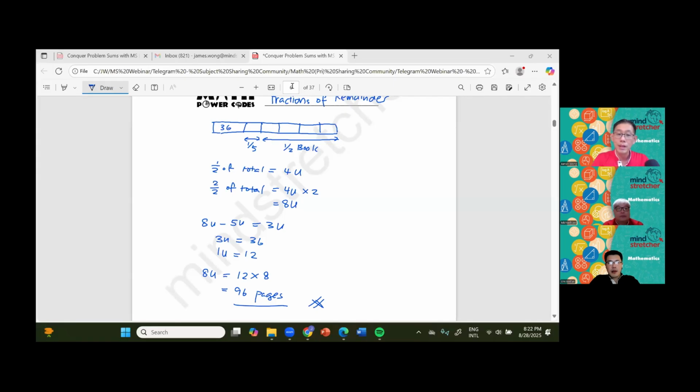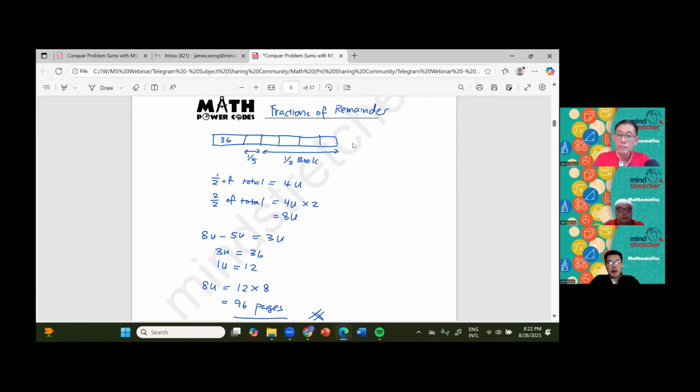All right. Now, someone asked me about how do you get a 5U. Over here, you can take a look at this part here. You can see on my sketch here, after the person has read 36 books, now this is the total, right? What I draw here, this bar here, represents the total number of pages in the book. After the 36 pages has been read,